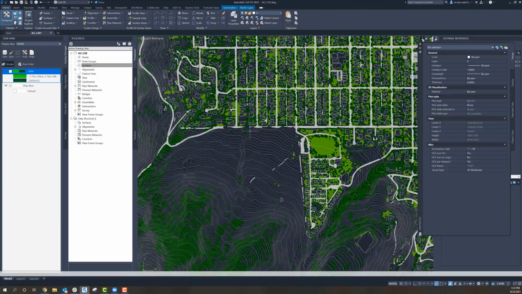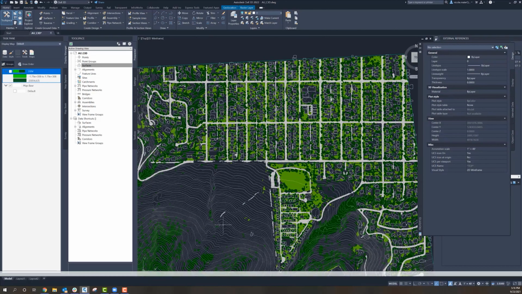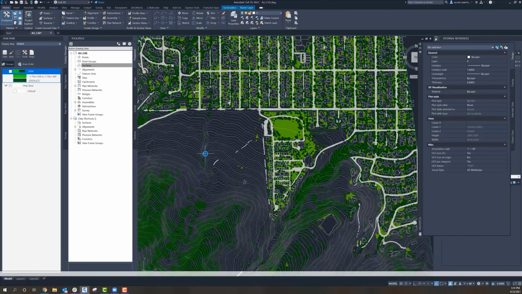If you had a lithological data set in here, you would be able to do slope friction calculations for these roads, cross sections, and then cut and fill analyses as well in the preliminary design part of the process, at least doing some cost analyses, and just site design in general.